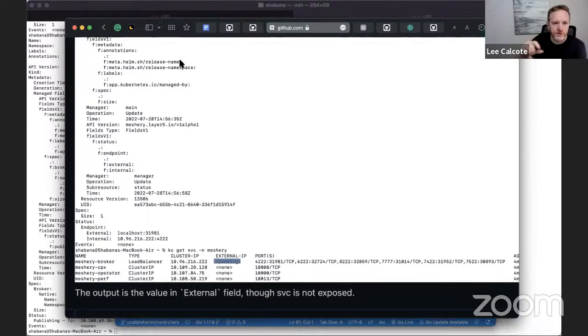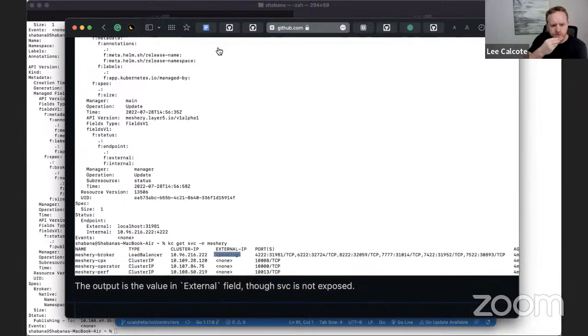Something to look into. It makes intuitive sense that if there's an external IP address populated, that's what Meshery server should be using to attempt to communicate with meshery-broker.